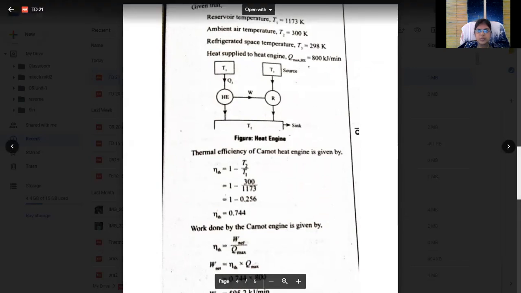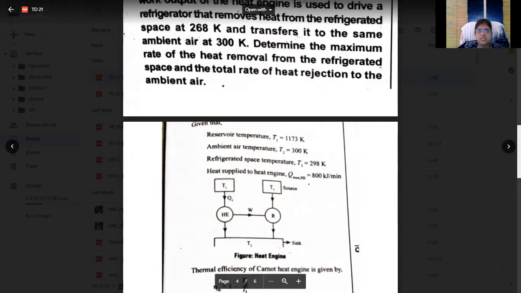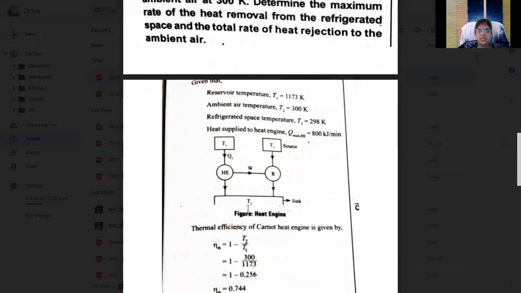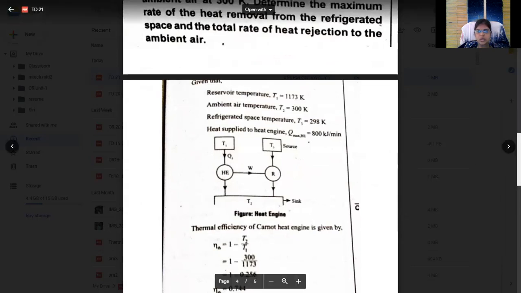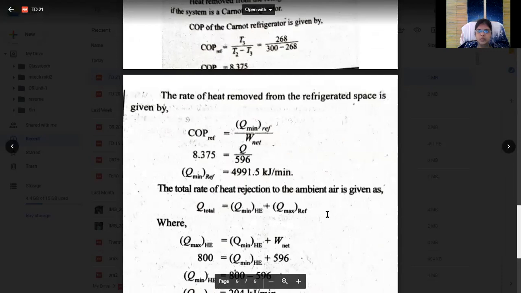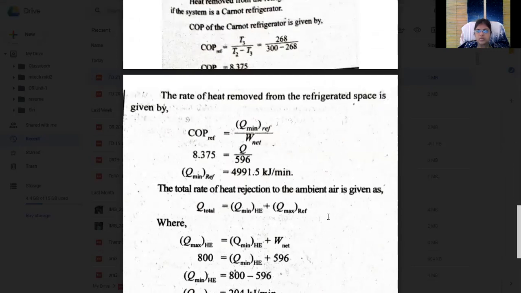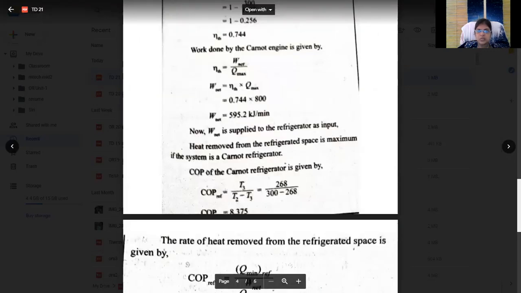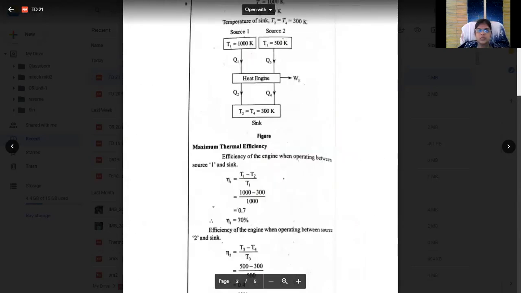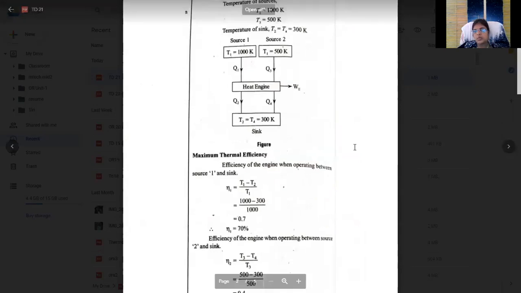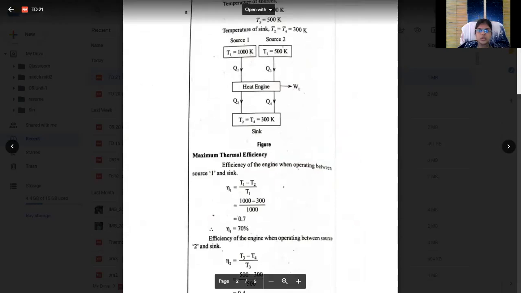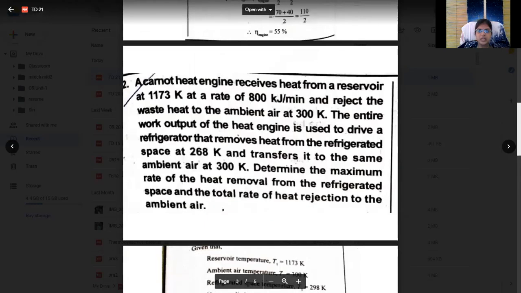There is a little bit of confusion here. This is T3. Actually, there are some changes: T1, T3 and T2. The remaining processes are the same. When we put all these values while doing the problem, it is very easy. So this is a problem. The remaining problems are also like that, and you just do the same. Here there is no change. So he is just asking like that.